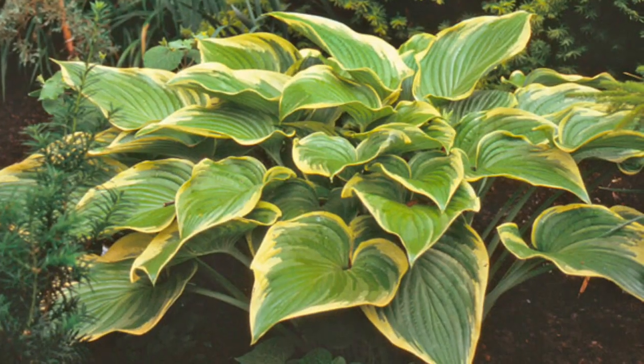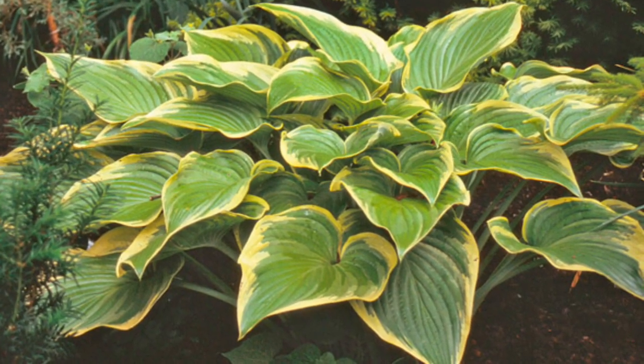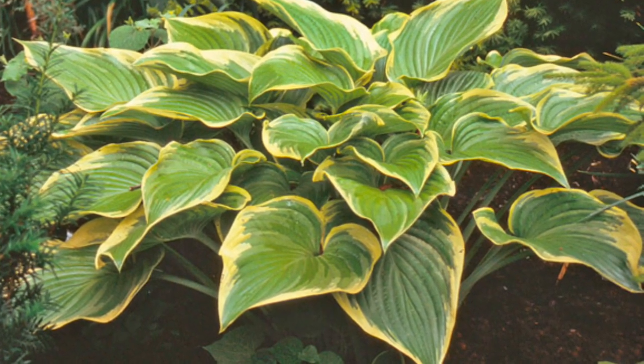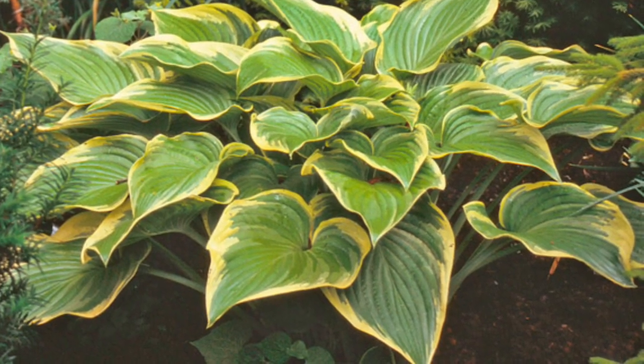The 2015 Hosta of the Year is Victory. This is a majestic mammoth, maturing to a stunning specimen of huge leaves with distinct variegation. Its shiny green leaves display yellow margins that lighten to a pale yellow. The foliage is somewhat upright early in the season, forming a broad spreading mound 3 to 4 feet as the